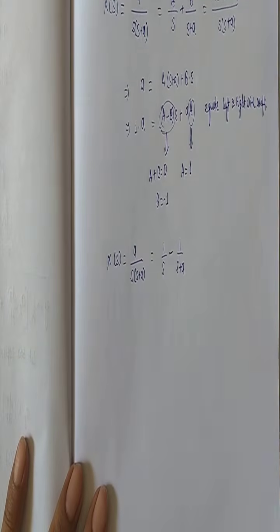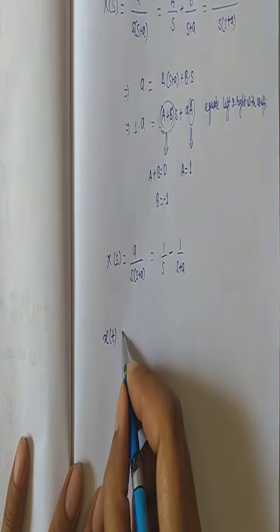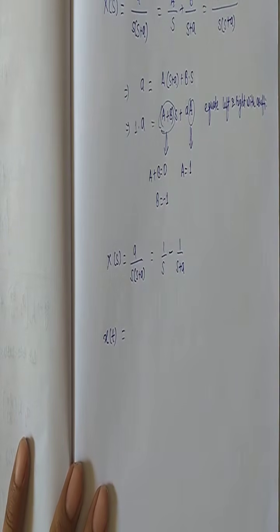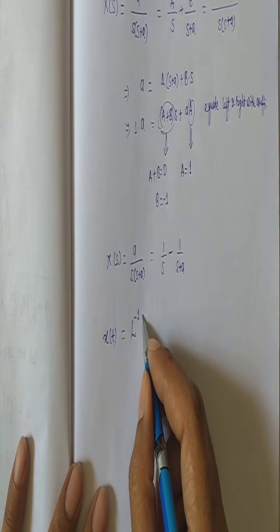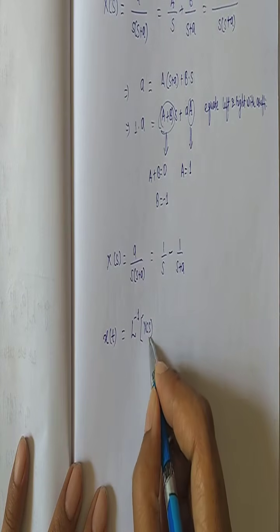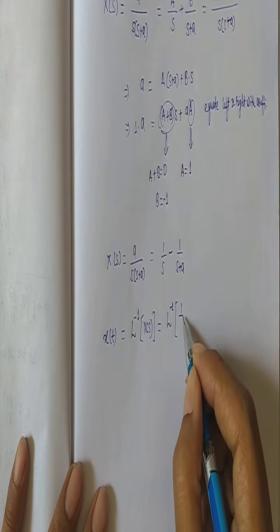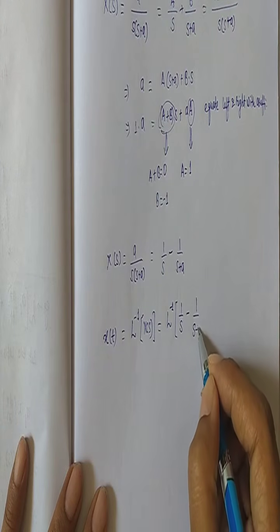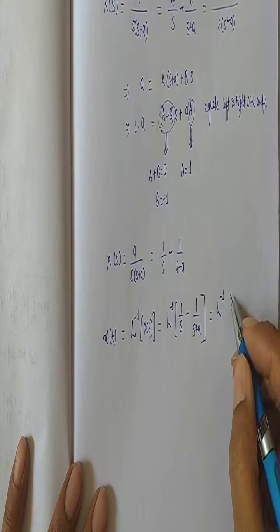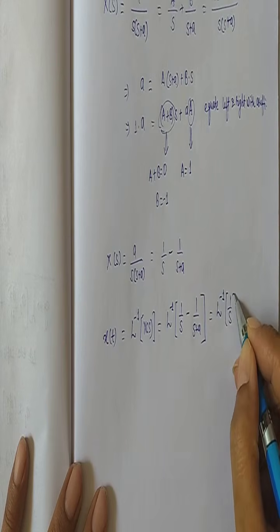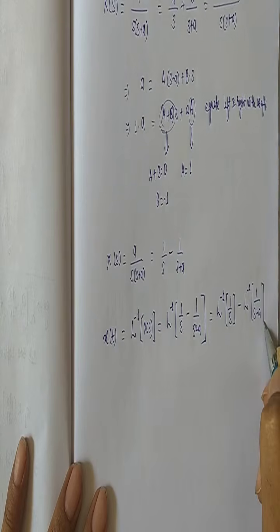Right. Now I want to seek the solution in time domain. What I do, I need to analyze in time domain. So what I will do, I will do inverse Laplace over X(s), which will give me x(t). So inverse Laplace of 1 upon s minus 1 upon s plus a is nothing but inverse Laplace of 1 upon s minus inverse Laplace of 1 upon s plus a.